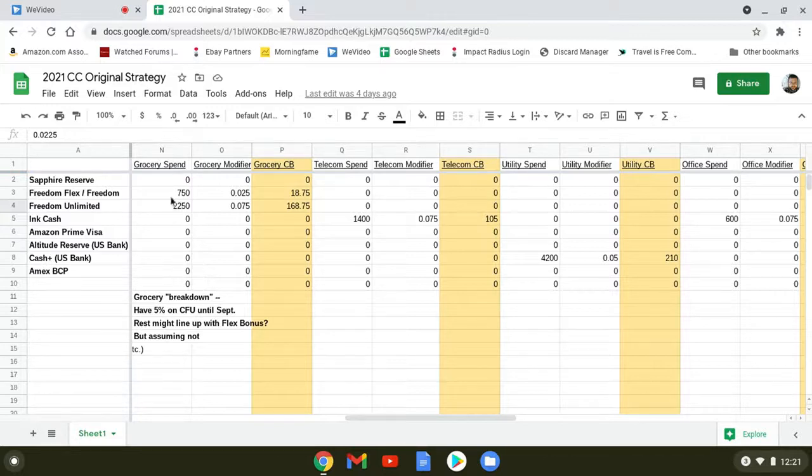Grocery spend, this would be non-Walmart grocery, and I'm assuming my wife's Chase Freedom Unlimited has the 5% sign-up bonus on groceries until September. Chase does not consider Walmart online grocery to be a bonus category. So this $22.50 is only in local grocery stores like Fairway or Hy-Vee. If you had a Safeway, something like that, just a standalone grocery store, then whatever we can't get there would go on the, I said that backwards. Here's the rotating category. No, I didn't say it backwards. This is the Freedom Unlimited, has the 5%, 1.5 with Pay Yourself Back, turns into 7.5, whatever's left over during,